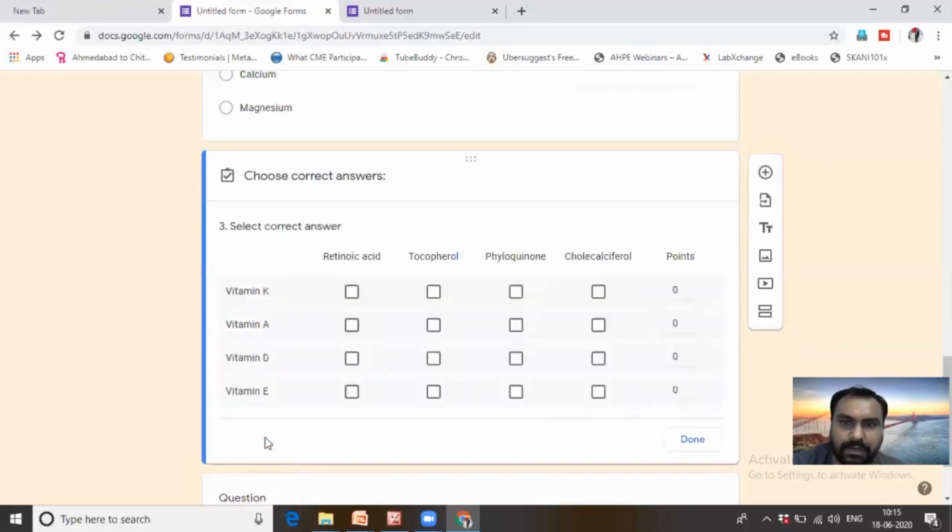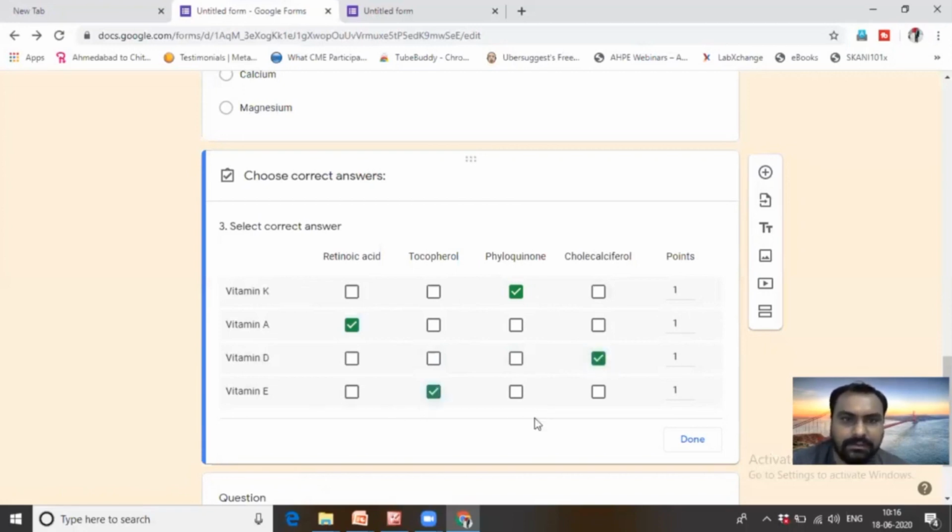So select one answer, and this is how it will look. Okay. So for each question, you can select the answer. Suppose I am selecting one grade for each answer, right? And for vitamin K, the correct answer will be phylloquinone. Vitamin A, the correct answer will be retinoic acid. Vitamin D, okay, that is cholecalciferol, and vitamin E, tocopherol.